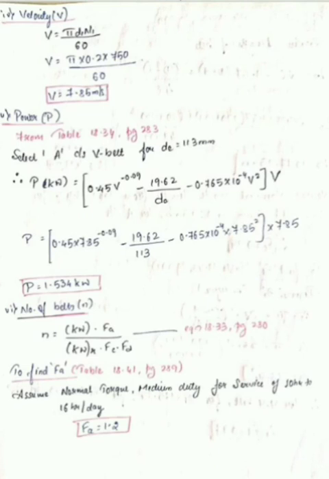That power equation we are supposed to write based on cross section of belt. Our effective diameter DE is 113 mm. For that respective value from the table 18.34, page number 283, we got the cross section of V belt as A. For that we wrote the power equation as written in the solution. So power we got 1.534 kilowatt. Next, to find number of belts, the expression is already written, equation 18.33.